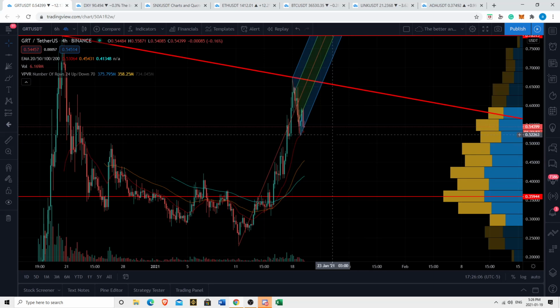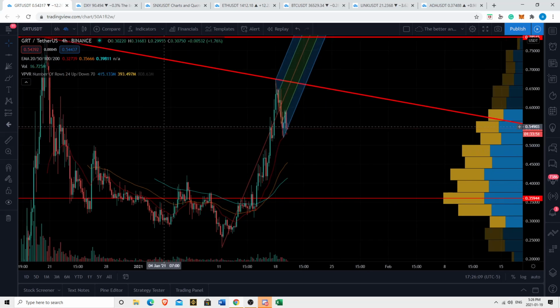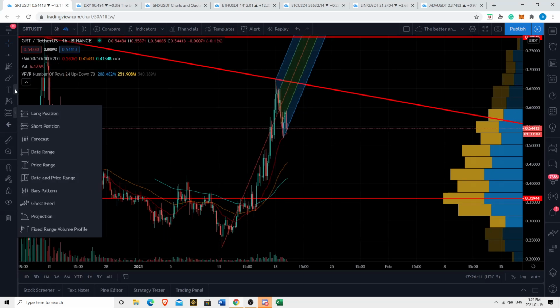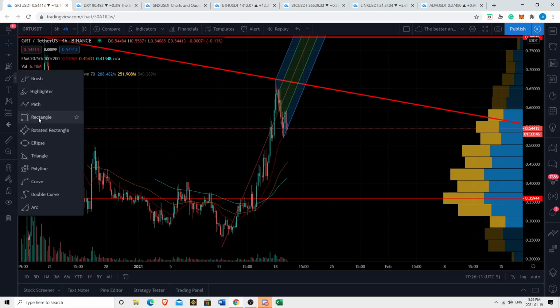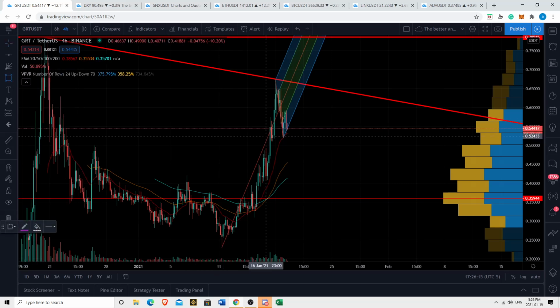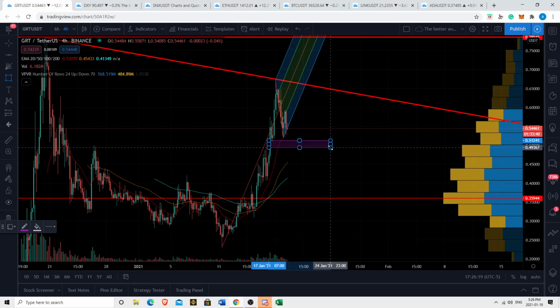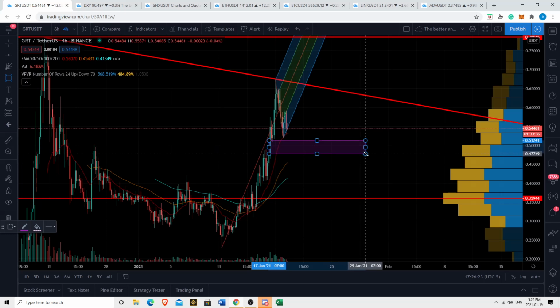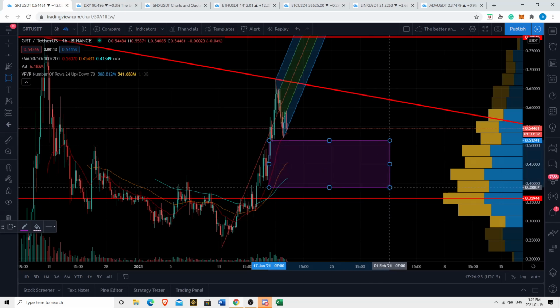So if we do break down, I think that would act as at the very least temporary support. So why don't we draw out some kind of support resistance zones here? I think this situation makes sense here for GRT. I'm tempted to make this even further, but the issue is when widening these boxes, because this whole thing could